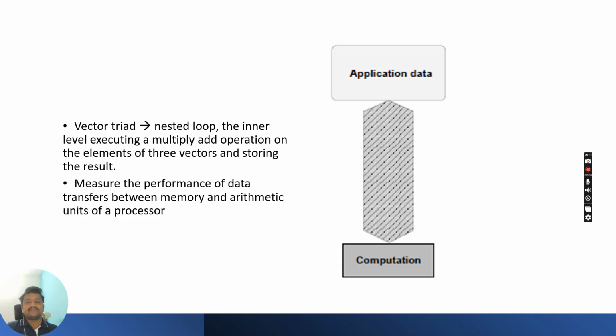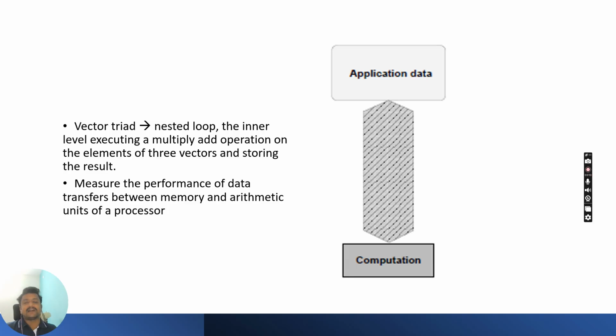The vector triad is nothing but a nested loop. Like we have some condition, we have some rules which are used for performing this particular nested loop. Now we have inner level execution of multiple operations in terms of multiply and addition operations on the elements of 3 vectors, and